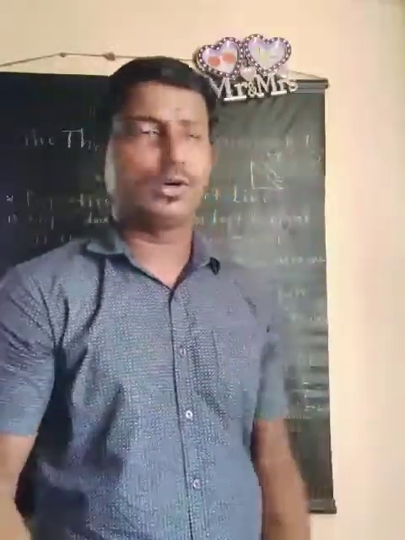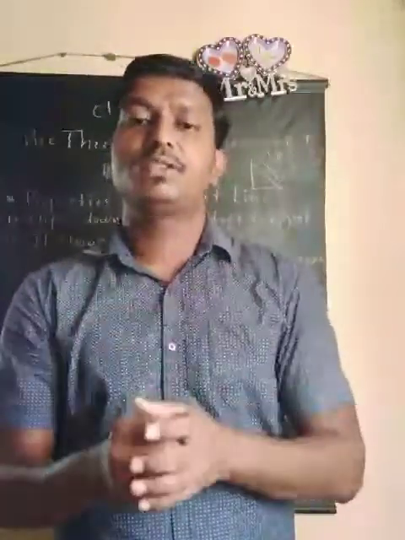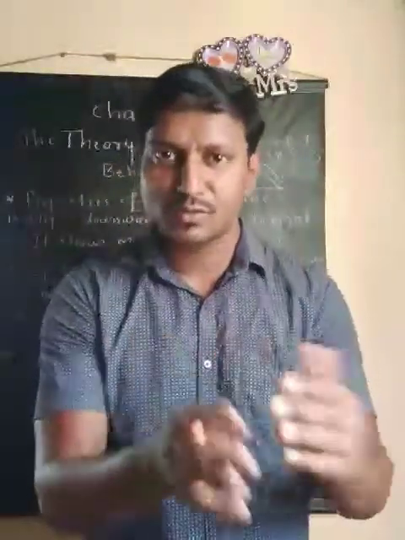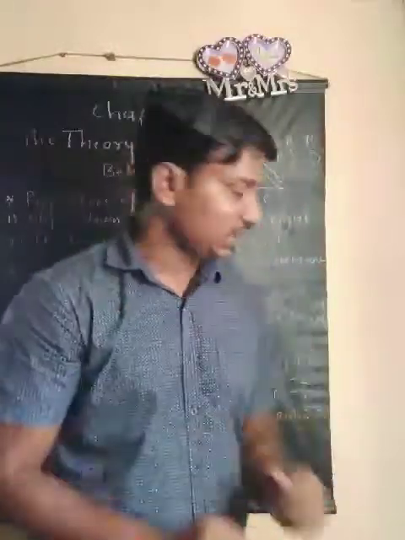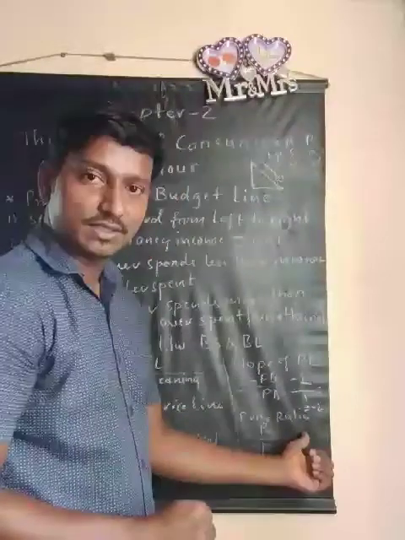Wherever you go, in that last example that we already saw with the table, wherever you calculate using those examples, you will get minus 2 always, and that minus 2 indicates the slope of the budget line. Okay, this is clear. Coming to one more topic in the same, that is price ratio.